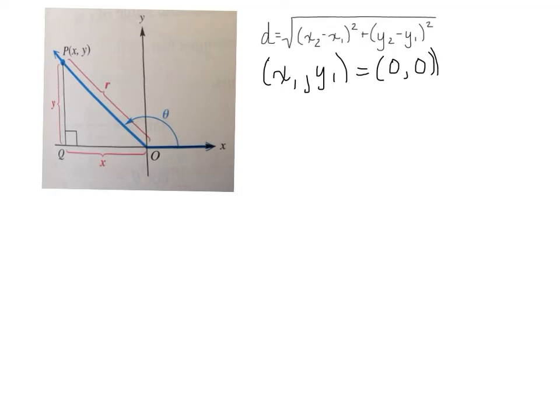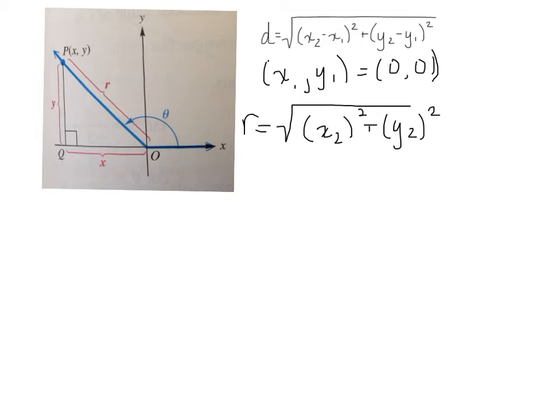So when we use this distance formula, really what ends up happening is we're taking the square root of x sub 2 squared plus y sub 2 squared. Now rather than calling this d for distance, we're actually going to use r, which is for radius. As we progress into chapter 6, you will see why this is the radius, but if you can envision swinging around this circle, the terminal side of the angle would be the radius of the circle. So we call this r,